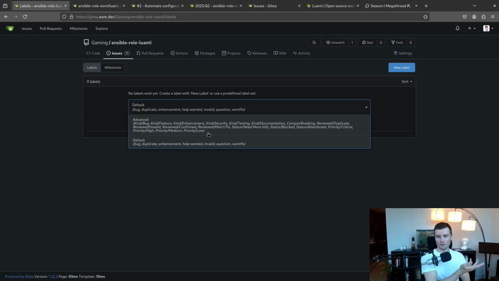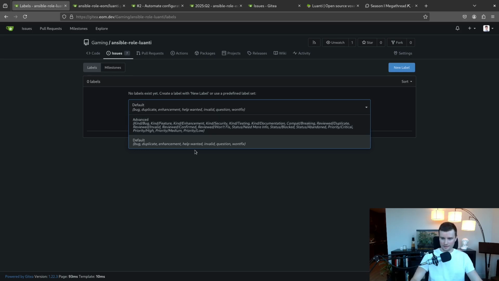But to go back to the point that I was making a second ago, using the defaults and finding ways to just use them makes for a really easy way to be seamless across all these repositories. I could make individual labels for each repository that are very tailored for each one, or I can use these defaults.